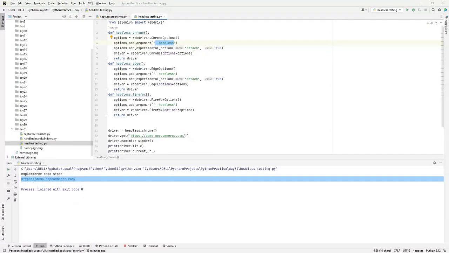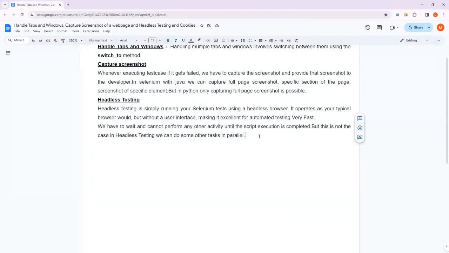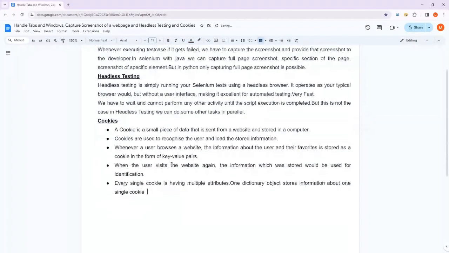Another important thing we'll be doing is handling cookies. How can we handle cookies? Before handling cookies, we need to know what a cookie is. A cookie is a small piece of data that is sent from a website and stored in a computer. Why is it sent from a website and stored in a computer? Every time when you open any website,